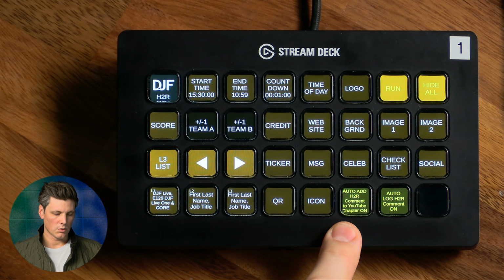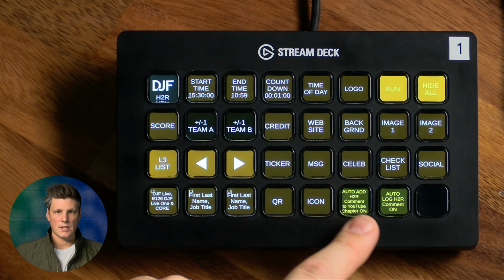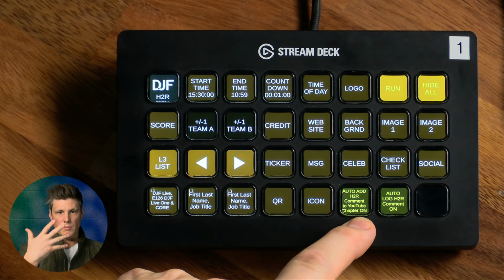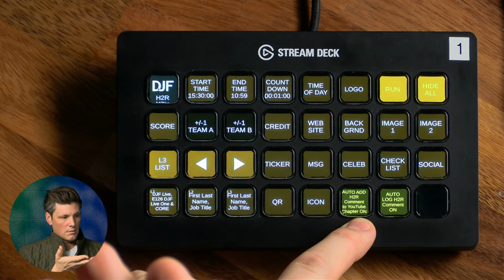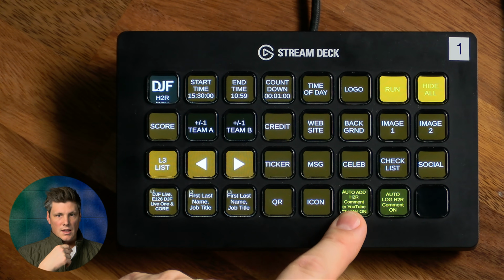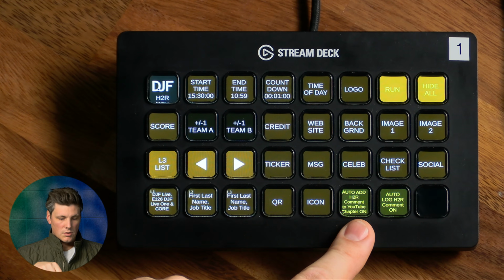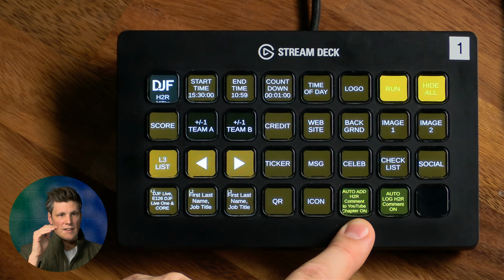There's also, you can enable or turn this off here, which is automatically add H2R comment to the YouTube chapter. So this is when I bring up someone's comments on screen, when I read off the iPad and read someone's comments, then when this is enabled, it is also logging that to the YouTube chapter marker settings, so that at the end of a live stream, I can have my show